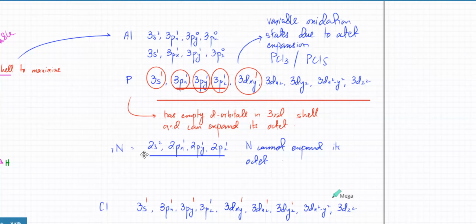So octet expansion is not possible. Period 2 can have a maximum of 8 electrons. That's it. So remember the octet rule that you studied in O levels, that only applies up till the period 2 elements. That's it. But after that, period 3, it fails. Then they can have as many electrons as possible. And normally,